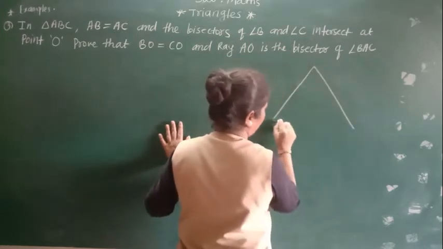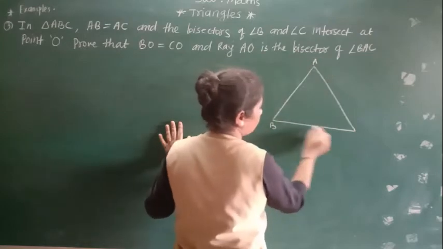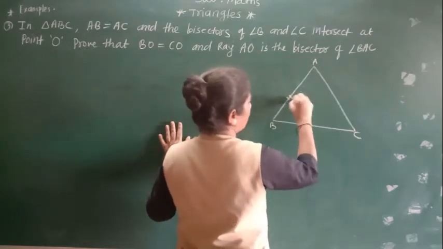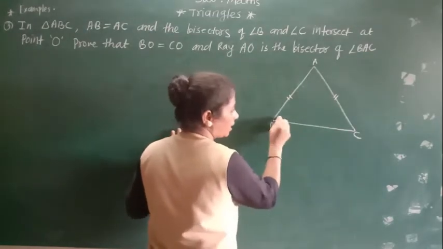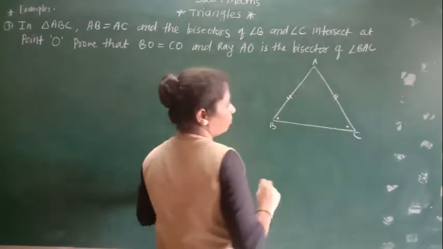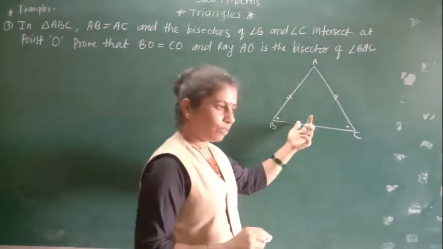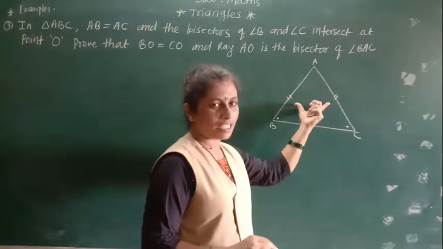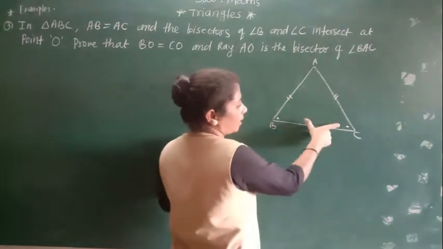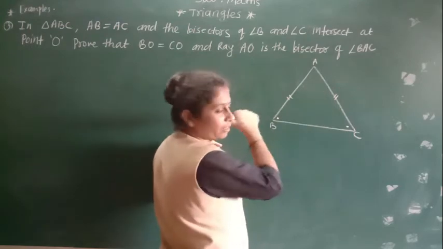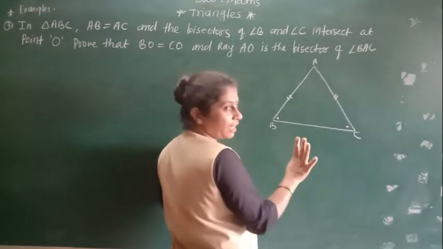See here, in triangle ABC, it is given that AB equals AC. Okay, it is already given. Then it means what? This angle and this angle will come the same, because angles opposite to the equal sides are equal. Or if angles are given, then what can we say about this? Once again I am repeating these statements. When angles are equal, then sides are equal, which means sides opposite to the equal angles are equal.